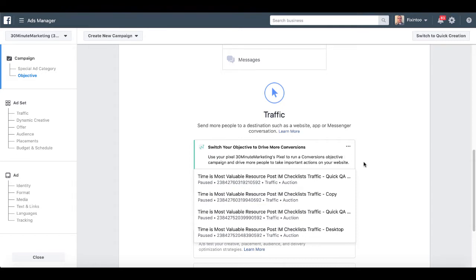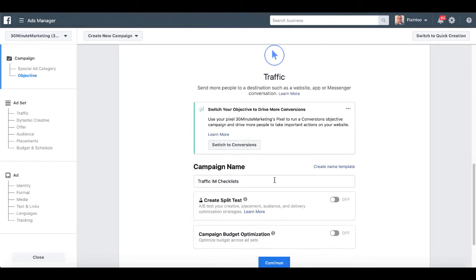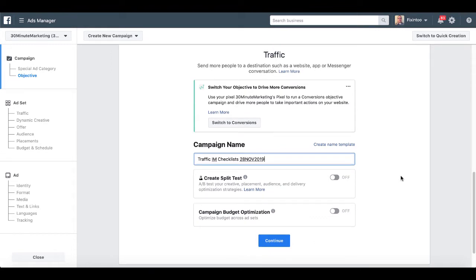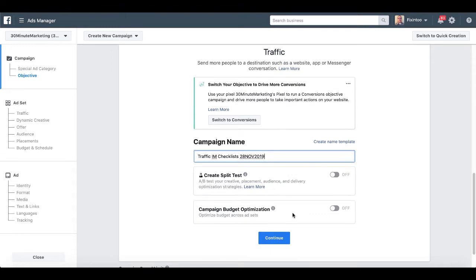In this case, again, we're not interested in, and we're not trying to muddy the waters with, worrying about conversions and pixels. We're just simply going with traffic for the IM checklist, and we're going to make sure that we date this so we know where we're at. It's going to ask you about split tests. It's going to talk about campaign budget